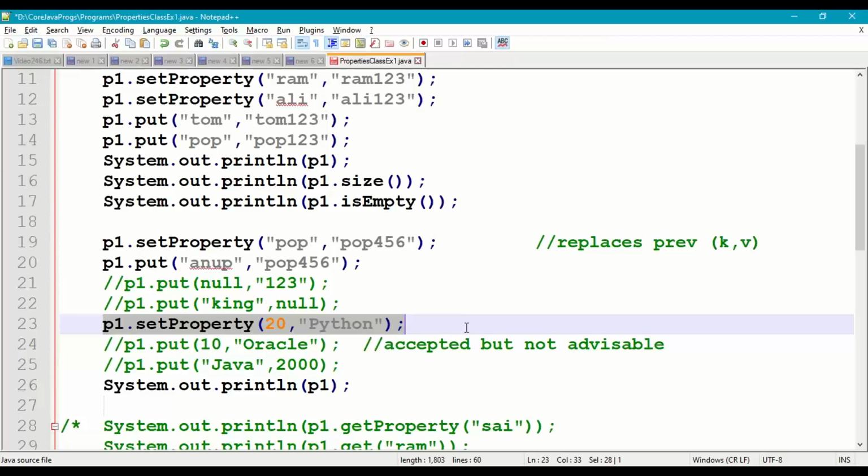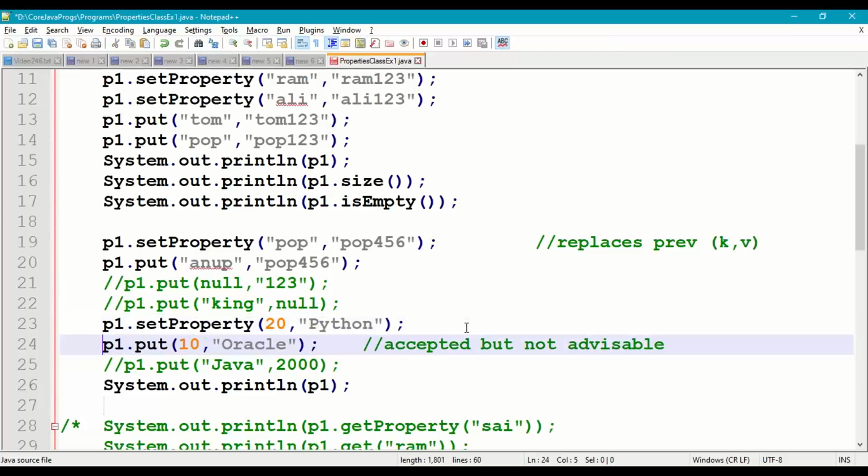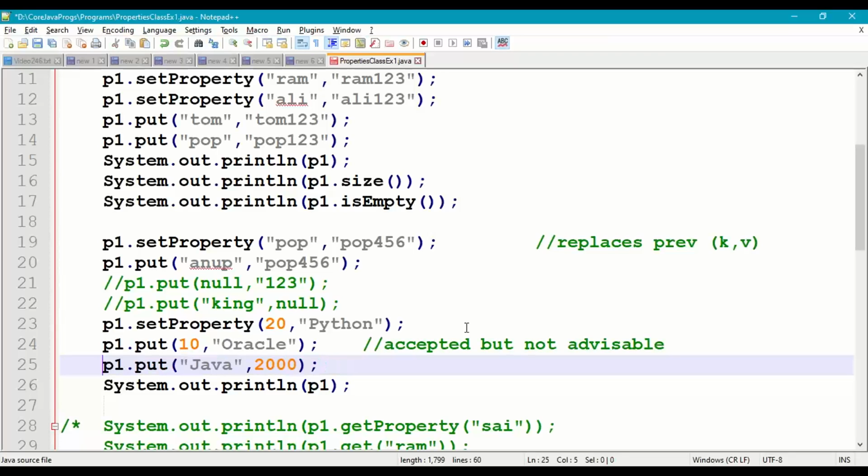Okay, it is accepted but it is not advisable here. Okay, it is accepted but it is not advisable. So p1.setProperty 20 Python, 10 Oracle, and then we can also take Java 2000. So here we have